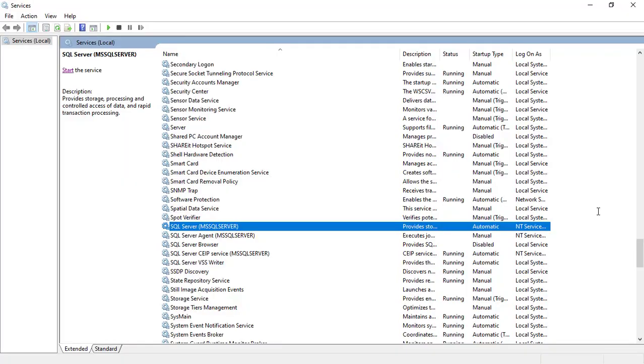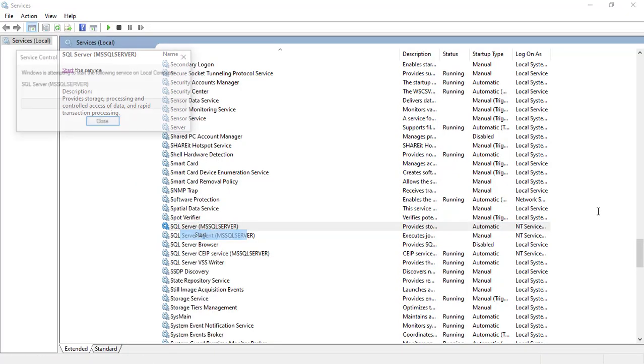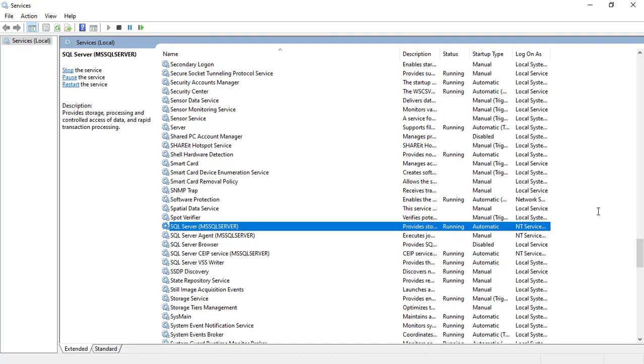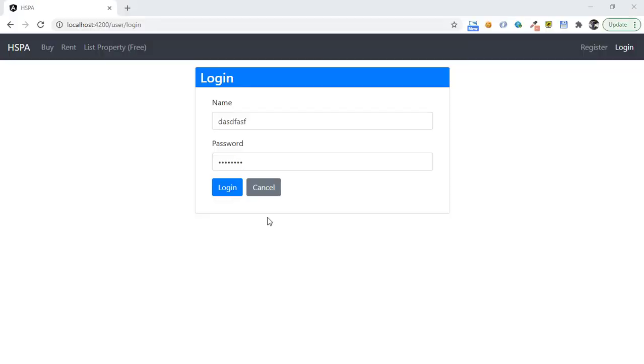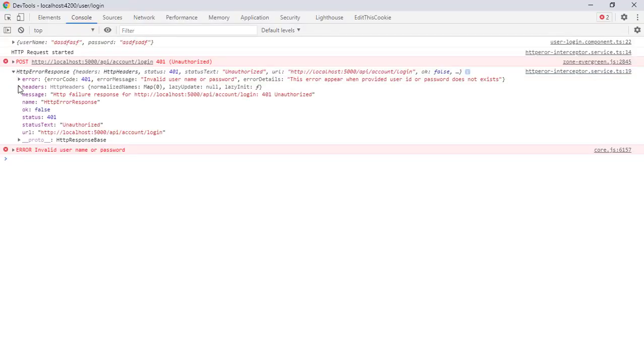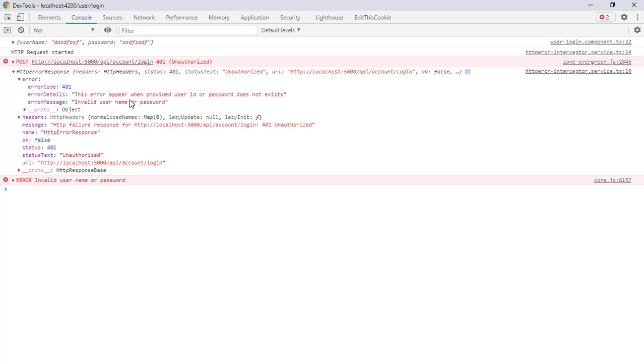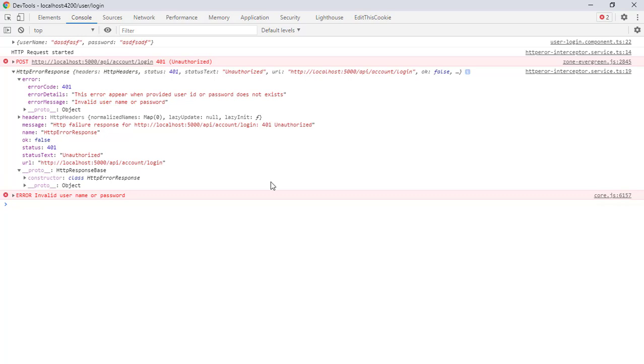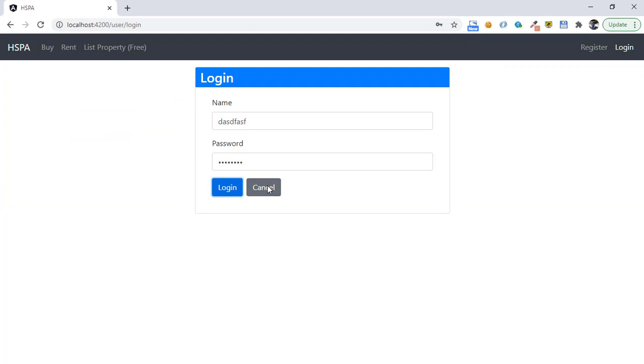Let's run the database server and test if we are correctly getting this handled error or not. And if I try to log in using an invalid user ID, yup, we are getting the correct error. And in the console, we are getting a JSON object in the error node with all of these three properties that we are setting from our controller. So we have tested all these three test cases. One when the API server is down, another when the database server is down, and the third one when the handled error is thrown by our API. And all three are working fine.